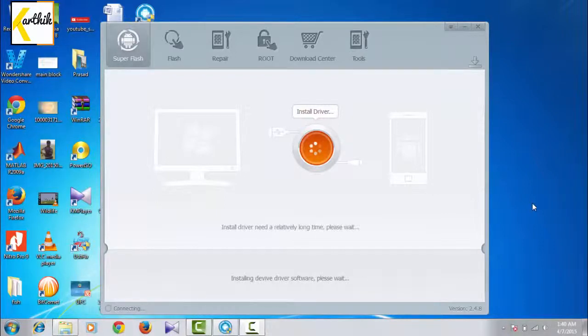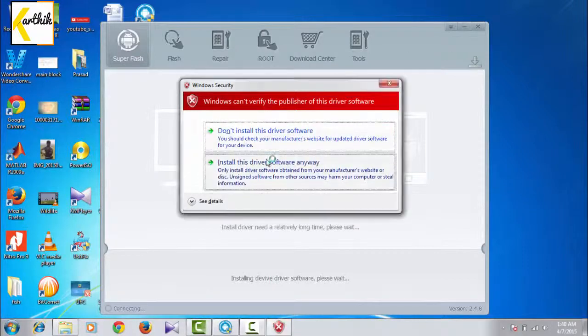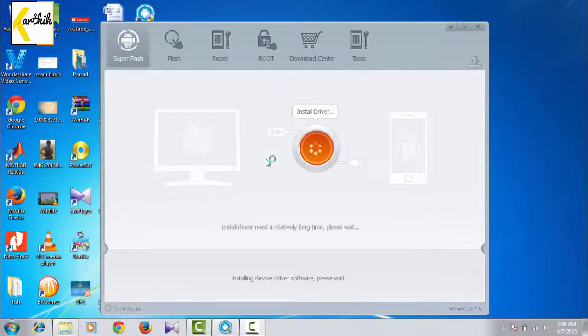Now it is installing. It will ask to install the drivers like this. Just click on install. It will ask several times, don't worry. Every time click on install the driver.